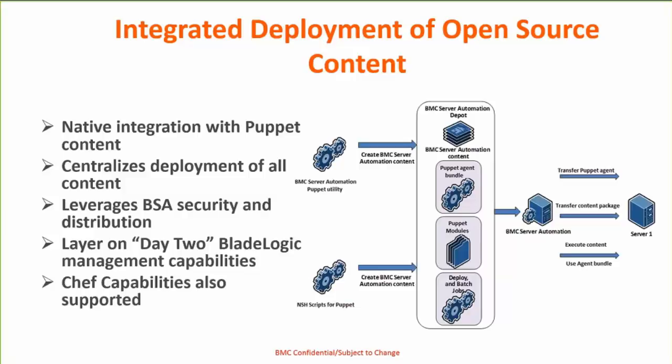Apart from making products simple to use on a variety of fronts, what we have seen is many customers have different application dev teams that are using open source tools. A lot of popular open source tools are out there, Chef and Puppet being two common ones that we have seen. What we wanted to do is take the investment that the app dev team has done in these tools. We wanted operations teams to benefit from that investment and leverage it, and still have control of it,